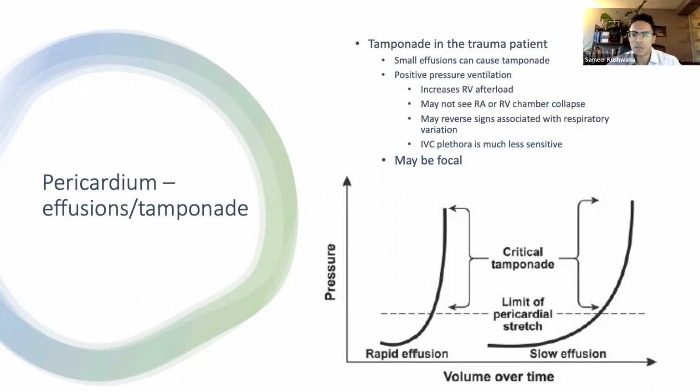In trauma, as mentioned, the pericardial effusion may also be focal and less circumferential, as we saw in those previous pictures. And that might make it harder to detect, and it might allow for more focal impairment of blood flow as it transits through the heart without the presence of a large pericardial effusion.